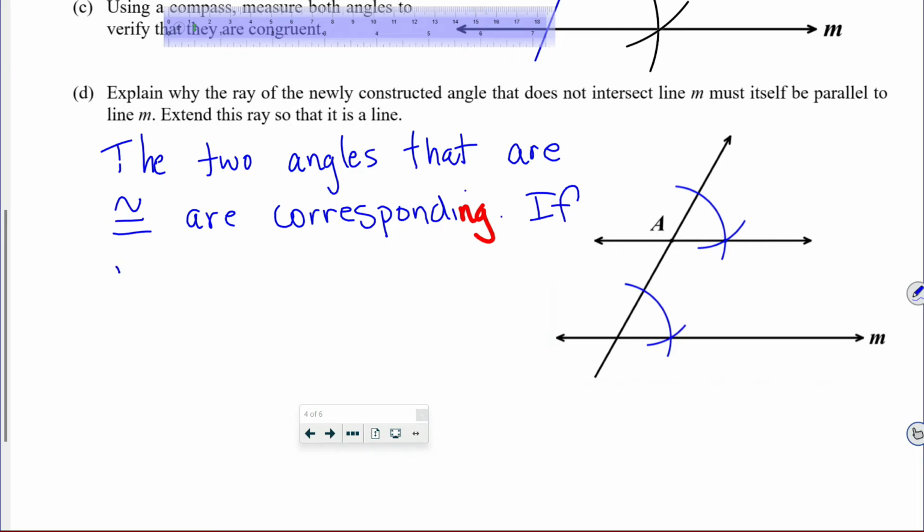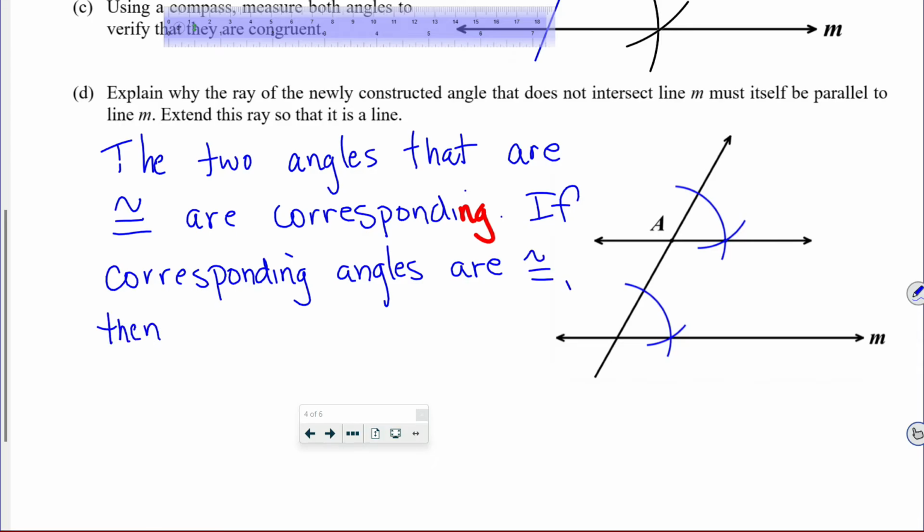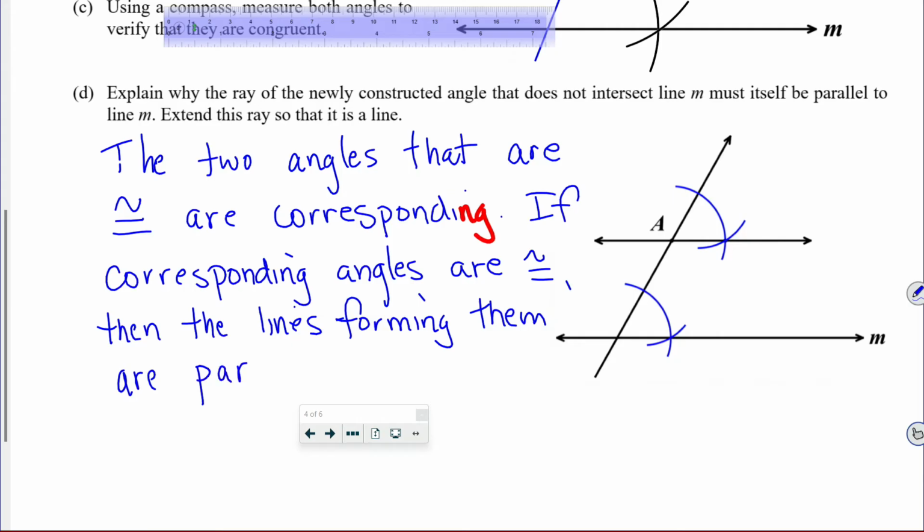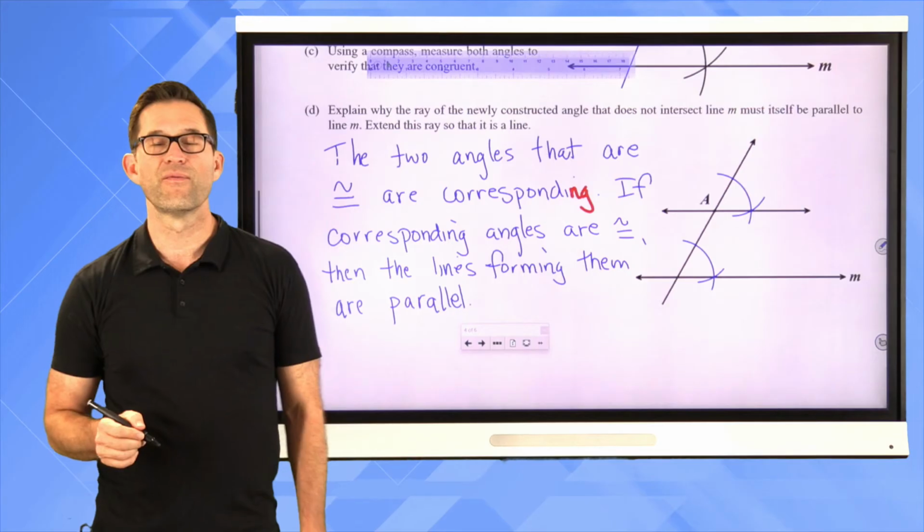If corresponding angles are congruent, then the lines forming them are parallel, right? So we had a lesson in Unit 3 which talked about how to justify that two lines are parallel,